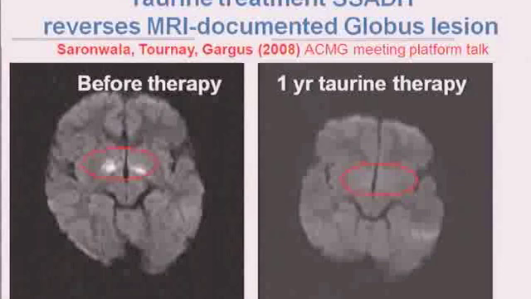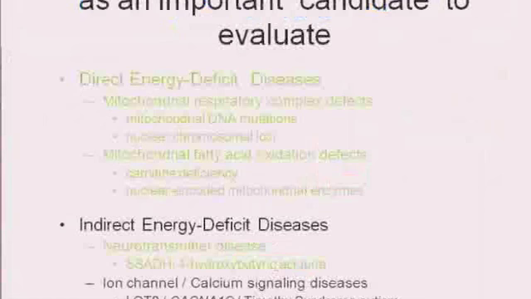Sure enough, in 1 year of treatment, his development improved. We cleared up the lesion in his brain, his ataxia resolved, and he still has seizures. It's not that we fixed the situation, but it's had a pretty dramatic impact. But it's a therapy you never would have dreamed of without having targeted a specific gene. Again, the importance of being able to try to resolve things down to a specific genetic focus. The last of these types of indirect energy deficiencies are the ion channel diseases, again, that I mentioned briefly in talking about the